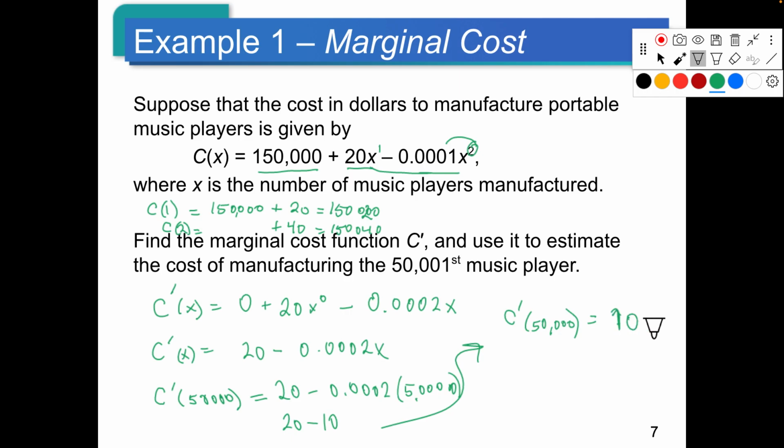It's not costing us $20, it's costing us $10 for each one. Now those first 50,000, especially the first one, still cost us $150,020. But yeah, it's going down, and so the more we produce, the cheaper it gets, and that's why